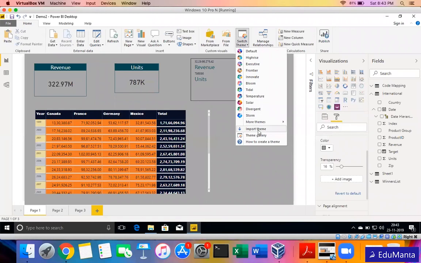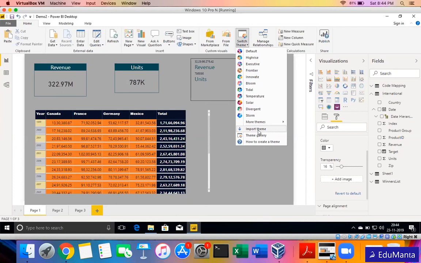This is if you have a JSON file written. People who are aware of JSON can write our own JSON script. We can specify the range of colors that we are looking for in the reporting. This also helps when we are working in our projects, because different vendors have their own color scheme and branding. They need a specific blue, green, or yellow color, and they are very specific about the color scheme they follow for all of their applications, be it reporting or their website, and so on.